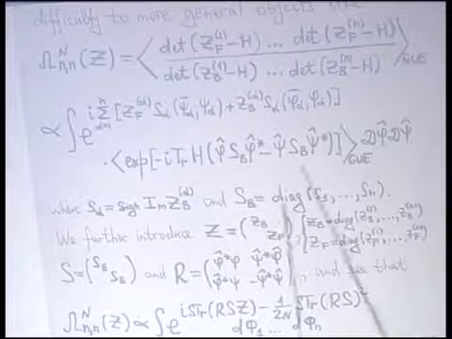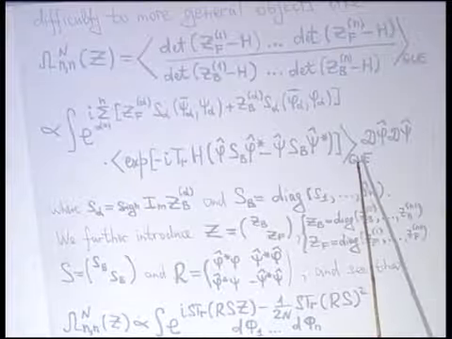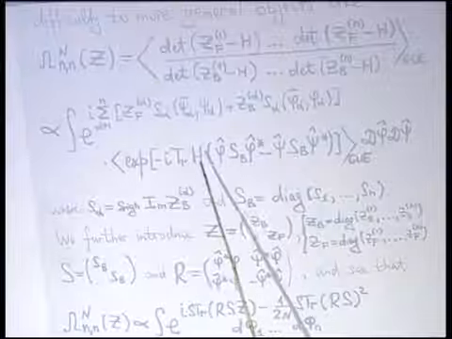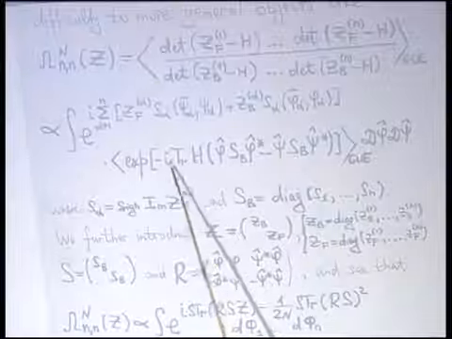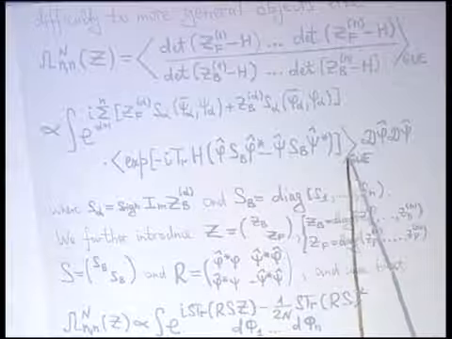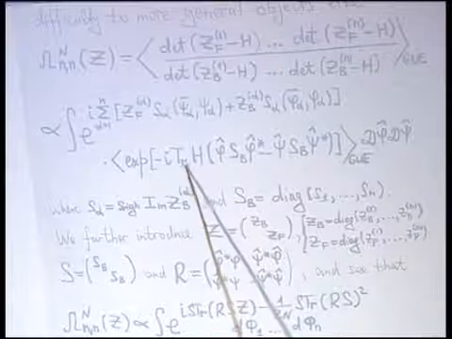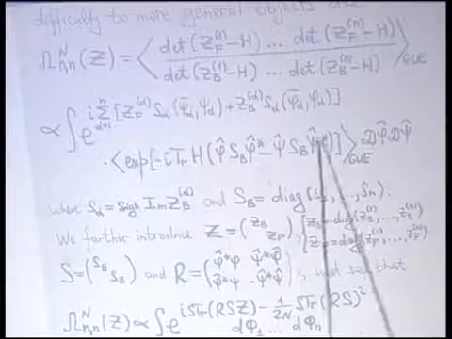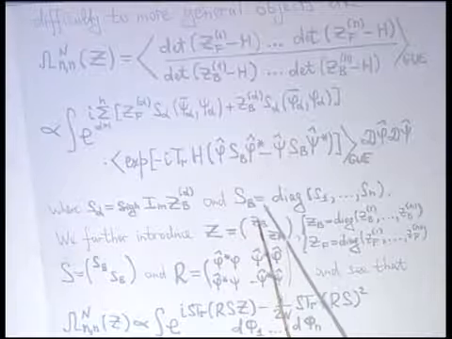Then you need to perform the ensemble average of something which has always this nice form, exponential of trace of h times some matrix. This is a matrix. And the result of this average will be exponential of minus 1 divided by 2n times super